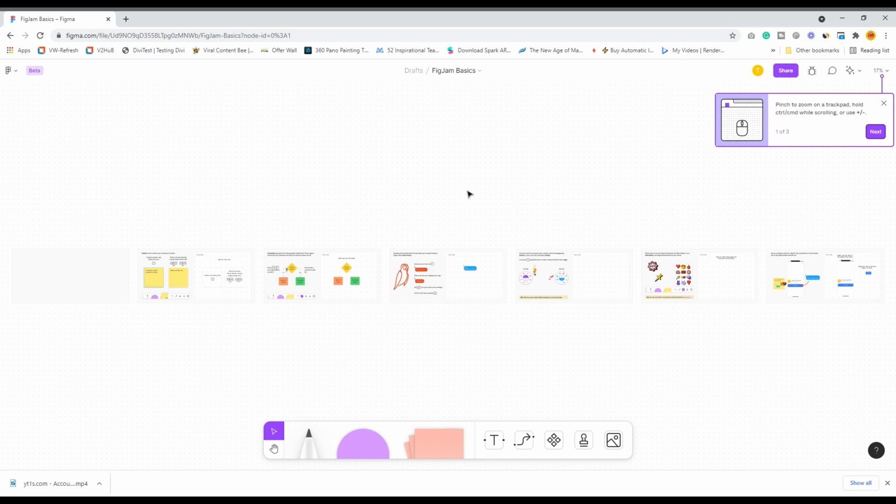So this is a FigJam interface where there are a lot of things that people have already done, and you can also create your own. There are markers, shapes, sticky notes, fonts, connectors, libraries of things that you can use, stamps, and obviously you can place images over here. And obviously this is a permanent beta, in the sense it is still in the development phase, and a lot of people in the community are actually contributing to FigJam to make it a better place for tomorrow.